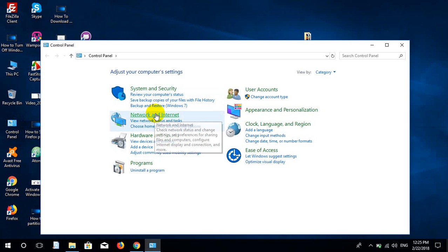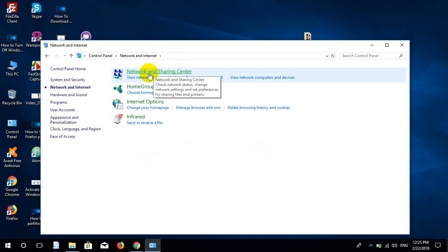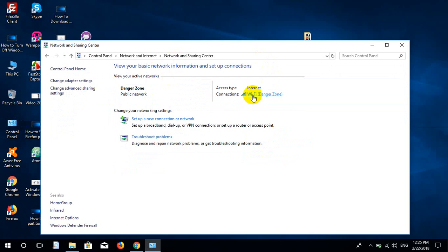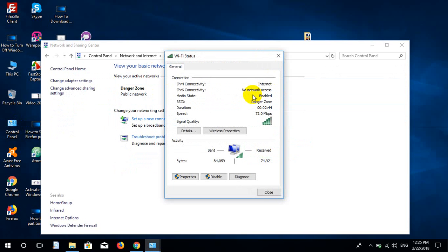Then you have to go to network and internet. Then you have to go to here network and sharing, view network status and tasks. Then you have to click on here, then